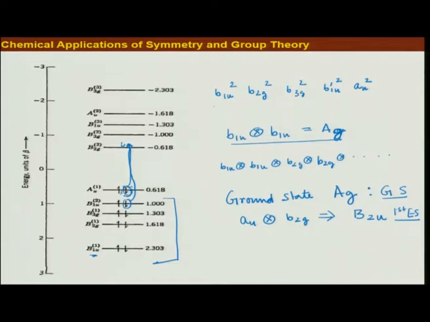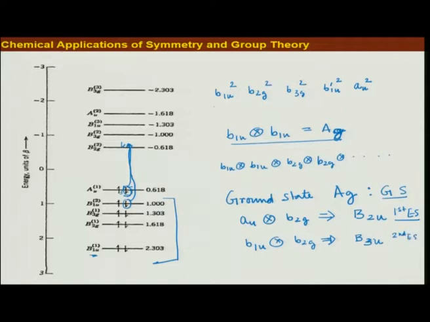So here I have to worry about the direct product of B1U and B2G. If you have a look at the character table and carry out the direct product, you will see that this gives you B3U. All right. So this is my next excited state. Okay. So if I call it a second excited state,